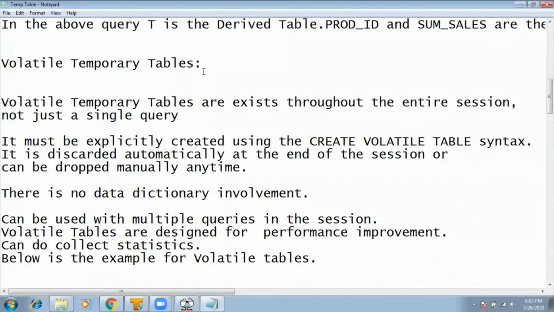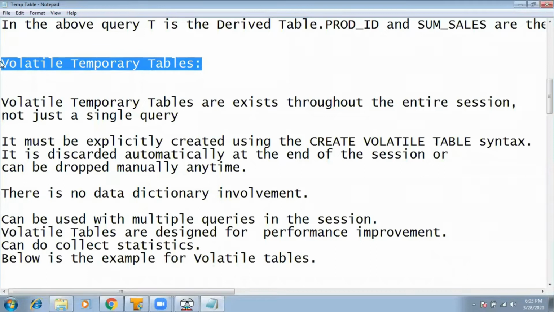So next one is the volatile temporary table. So what is that volatile temporary table? Normally, if you are doing some intermediate calculations, right? Intermediate table, you want to create storage of. You have a very big query. That query you are going to divide into multiple stages. Like you are storing one data into a table, the result of this table you are storing into another table, then in another table you are doing some transformation logic, then the final table you are loading. Instead of doing all the logic in a single query,